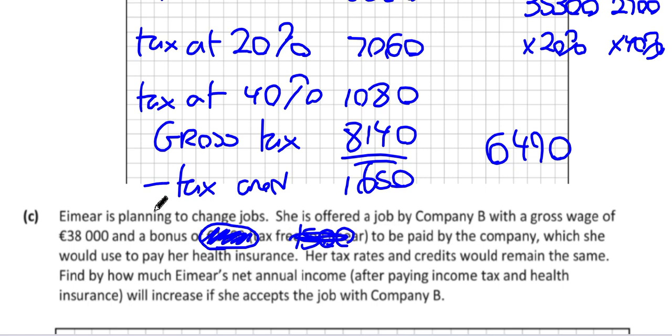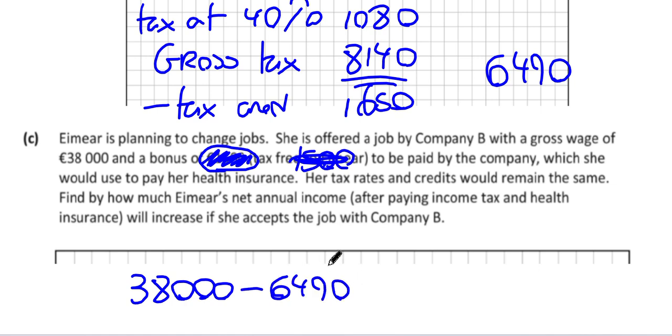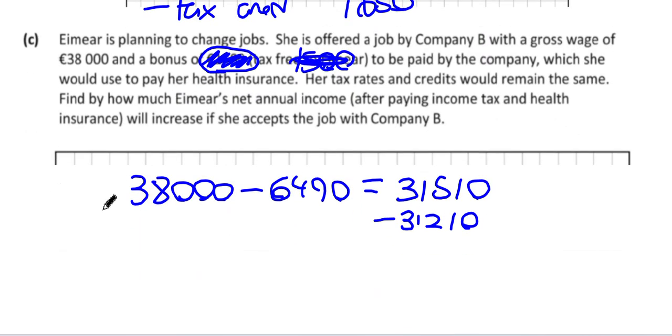Health insurance is gone. So all we have to worry about now is our 38,000 minus our 6,490, which comes to 31,510. Yeah, and that's actually 300 quid more than what you were getting. So you take the two of them away from each other, you get 300 quid. I think